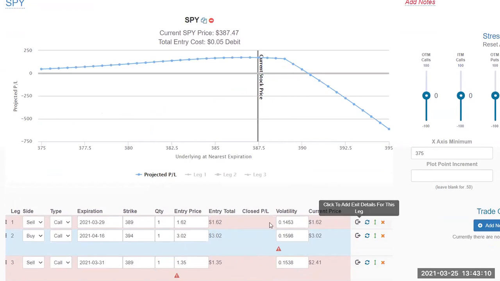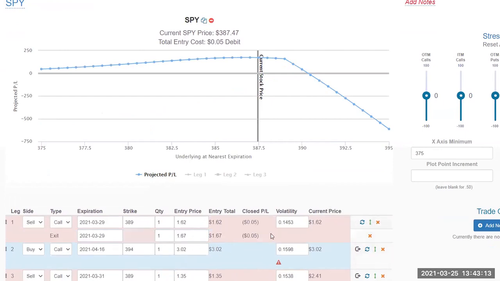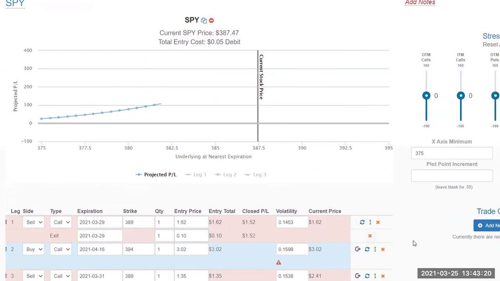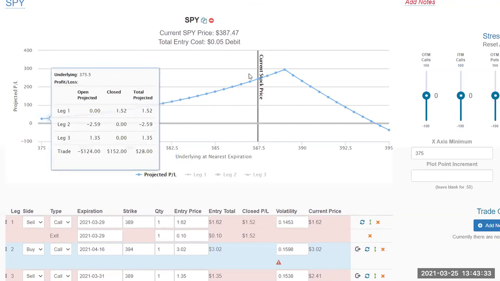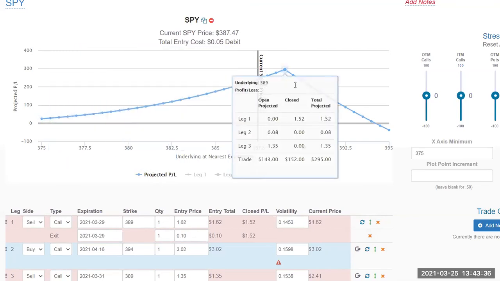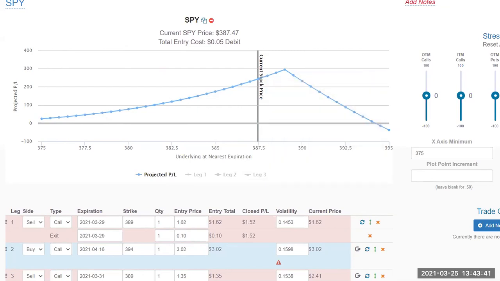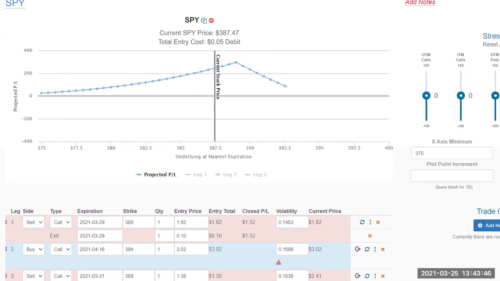We're going to go ahead and exit this one. So we're just going to go through the process of how this works. So it's very similar to profit stacking. So let's say we get rid of that at 10. And now all of a sudden, with one iteration, we've created almost a credit on the trade, right? Almost a credit on the trade. And we've pushed up this profit potential, and we've pushed the risk much further up. So I'm going to change the perspective here, and we'll just see how far.